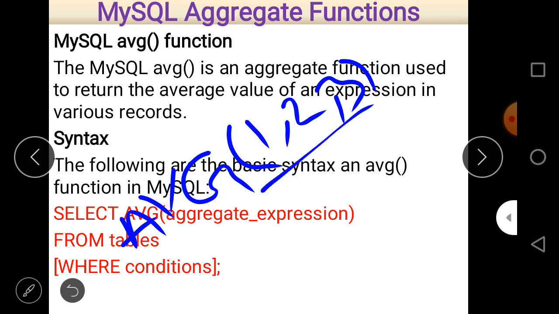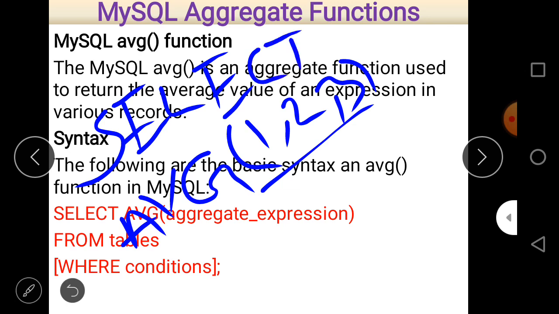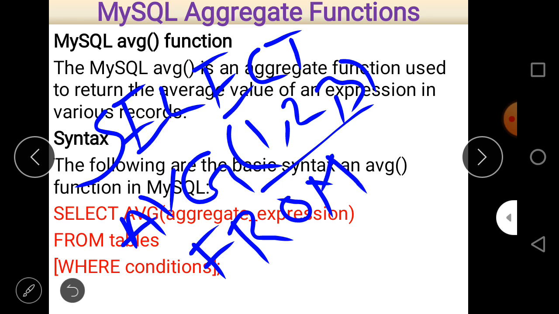If we want to calculate a simple calculation using the average function, is it possible? Answer: yes, this is possible. And we always know that we use the select statement with the average function. So just write select, then AVG(1, 2, 3), and what is the name of the table? Always remember to write from, and if you want to do a simple calculation, then there is a table named dual.